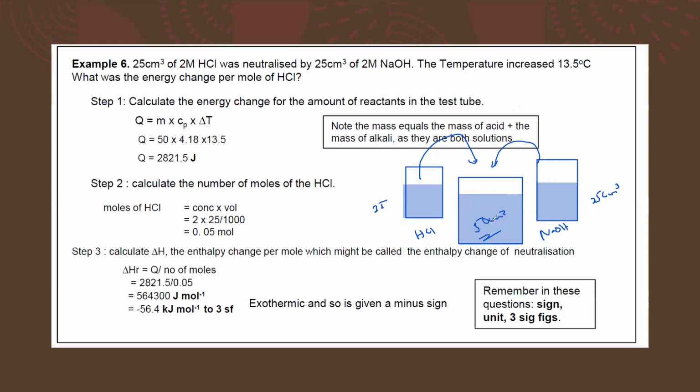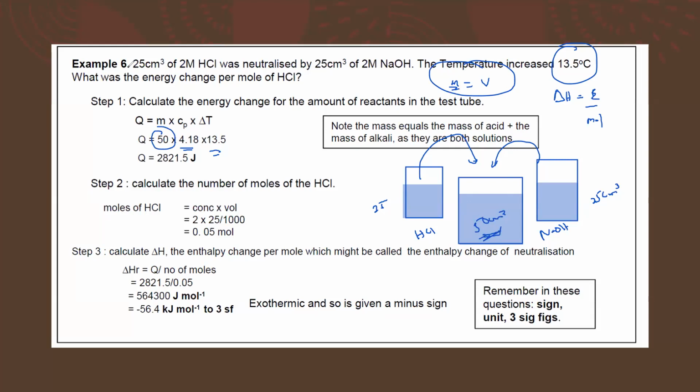So we want to calculate the energy change, or enthalpy change, for this reaction. Enthalpy change is energy divided by moles of limiting reagent. Energy is equal to cmΔT. So the specific heat is 4.18, and the temperature change they mentioned is that when we mix them, the temperature increased by 13.5. And what about the mass of the solution? As we know, density is 1 gram per cm³, so the mass of the solution is always the same as the volume of the solution. The volume of the solution is 50 cm³, so the mass will also be 50. So it will be multiplied by 50.